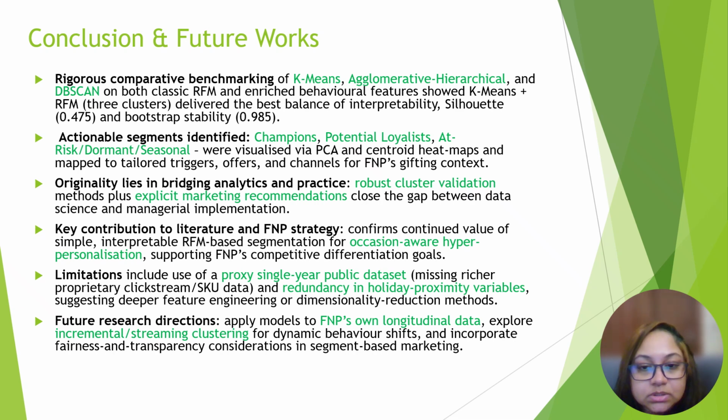This showed that k-means plus RFM, which is k-means with k equals 3, three clusters basically, on classic or traditional RFM features delivered the best balance of interpretability, silhouette, and bootstrap stability scores. This also allowed for actionable segments to be identified, such as champions, potential loyalists, and at-risk or dormant seasonal shoppers. This was visualized by PCA and centroid heat maps and mapped to tailored triggers, offers, and channels for